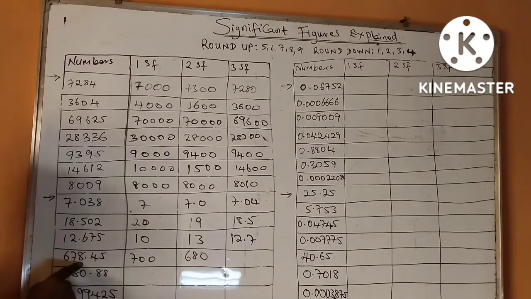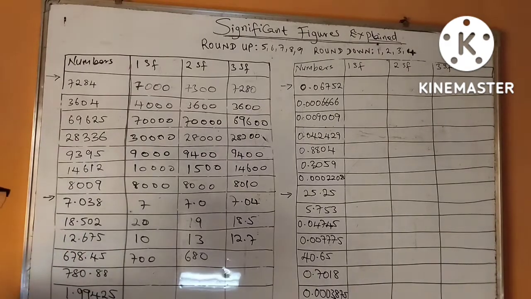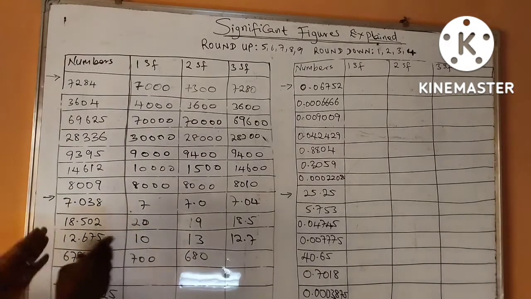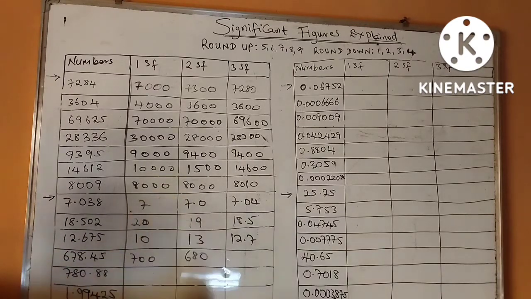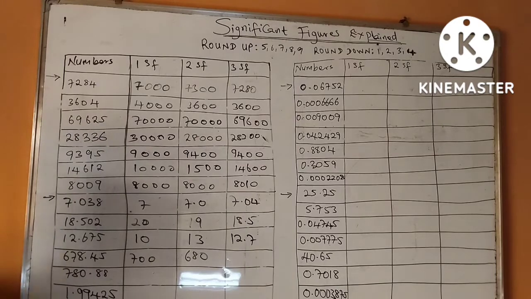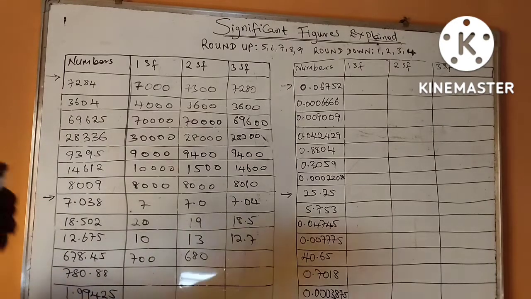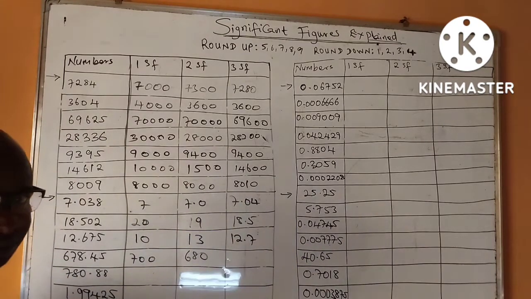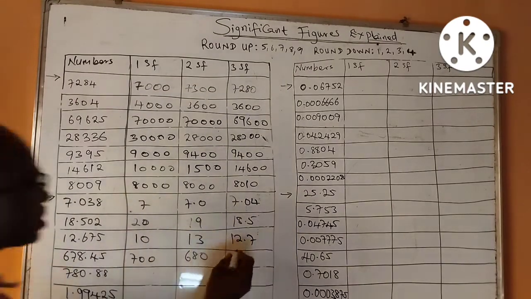I round up 8 to 7, it becomes 6, 8. Then the 8 as a digit is a unit number, that is, it's still in the whole number part. So I will fill it with 0. Remember, when it is decimal numbers, you don't put zeros after the decimal. You cut it off. Next, 1, 2, 3. So this is going to be